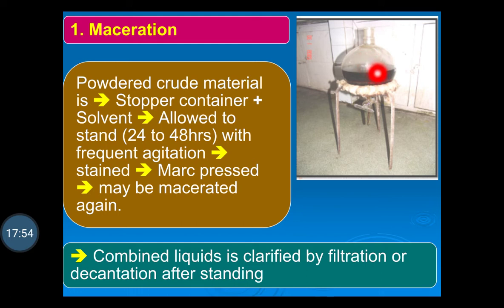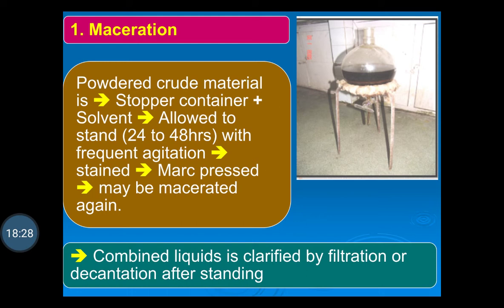During the storage, it is shaken frequently to extract the active chemical constituents present in the crude drug. Then the filtration is done. Again the filtrate is separated and the marc is again subjected, if necessary, to the process of extraction using the same solvent. Then the filtrates are combined, and evaporation and further processing are done on the extract.